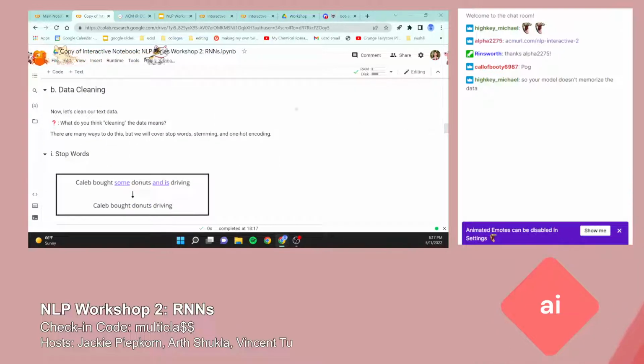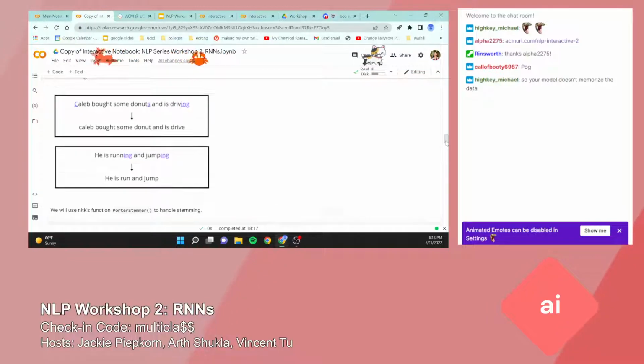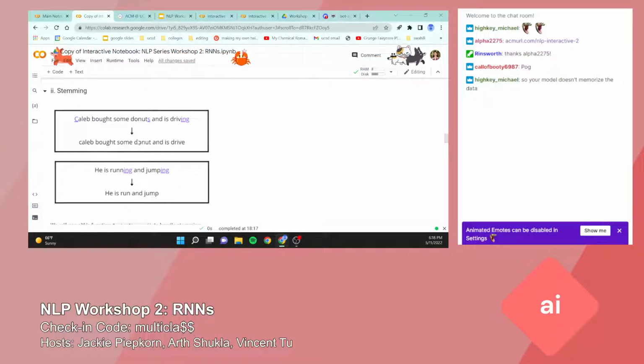Okay, so now let's do some data cleaning. Does anyone know what cleaning the data means? It basically means changing the data into a format that is more acceptable for the model. So the first thing we do is take out stop words. Stop words are words commonly used by humans that don't really give much meaning. So for example, in these examples,